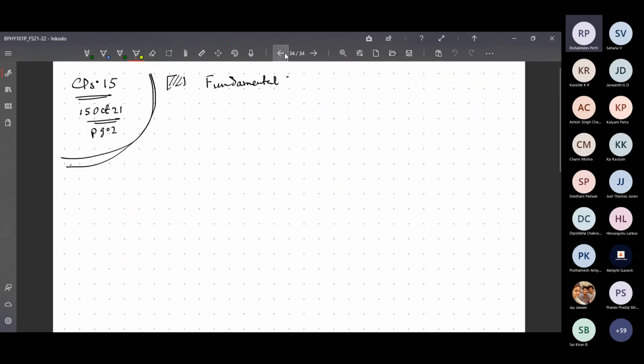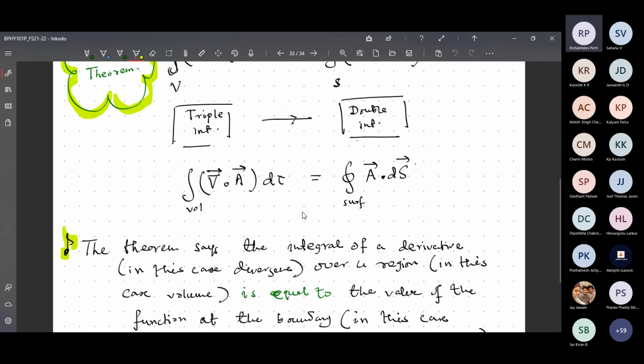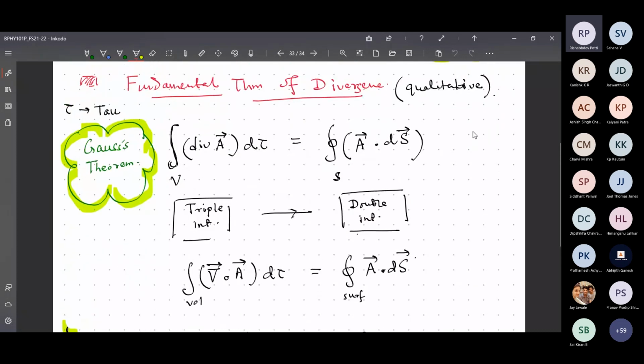Sir, why do we put qualitative in the brackets? Qualitative in the bracket, because I am not proving this. It can be proved. It is not just a statement. It is a theorem. When I say something is a theorem, you should understand that I can prove it. But in the scope of the syllabus, I cannot do it immediately, which I will do as additional material, which I have promised. That is why the qualitative. Got it. It is a weird way of writing. As much as I try to be perfect in my writing, it is not that I am 100% always successful, but I try my best.